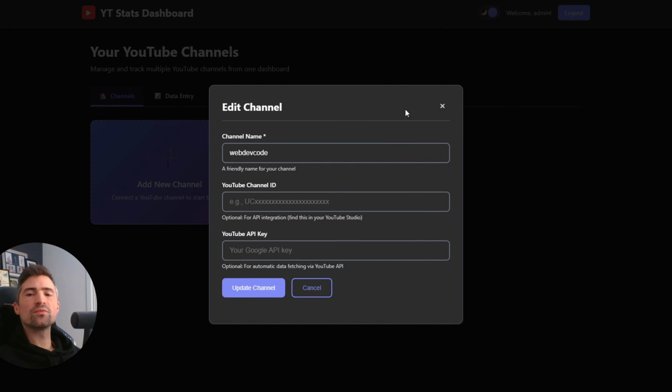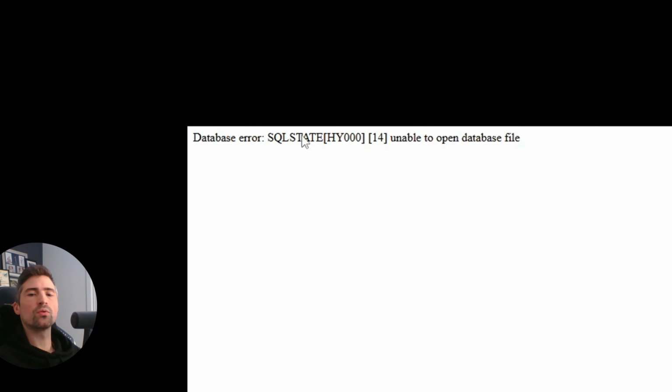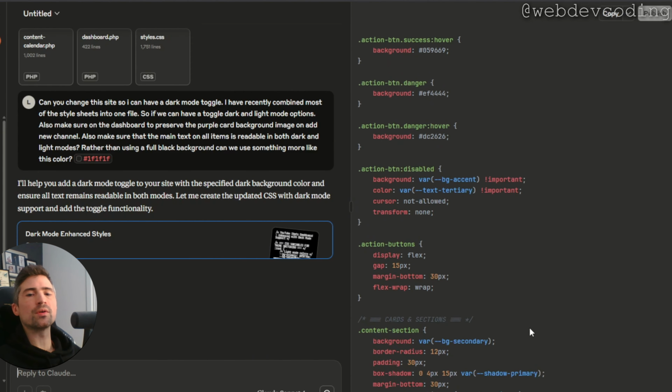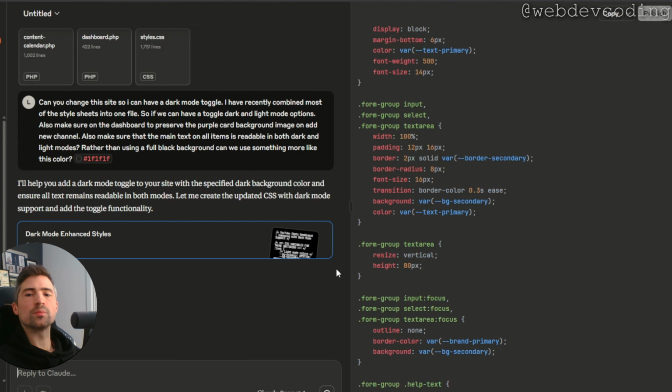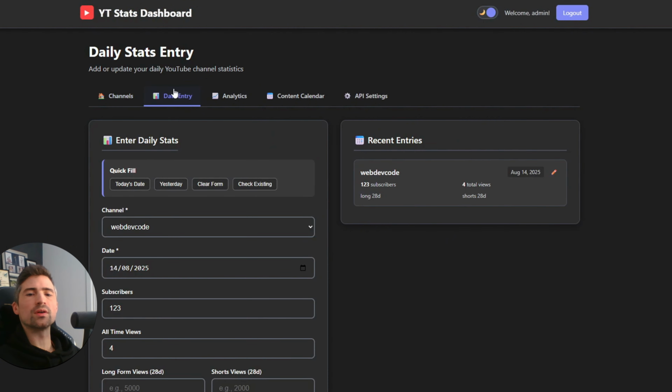Then at around version 4 or so of the code, I requested too much in one prompt and it stuffed the whole code basically. So I think the main thing to watch out for here is to just ask for small changes at a time and then test them before moving on to the next changes. So rather than going, can you add YouTube API version 3 and all of the data, you should just pick little steps per page. So I rolled back to the last version, which was version 3, I think,